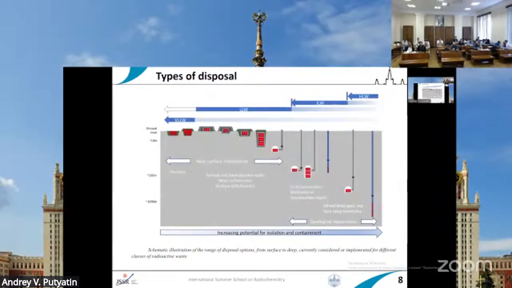So depending on the specific activity and geological conditions also, there are different types of repositories. For example, for very low level waste and